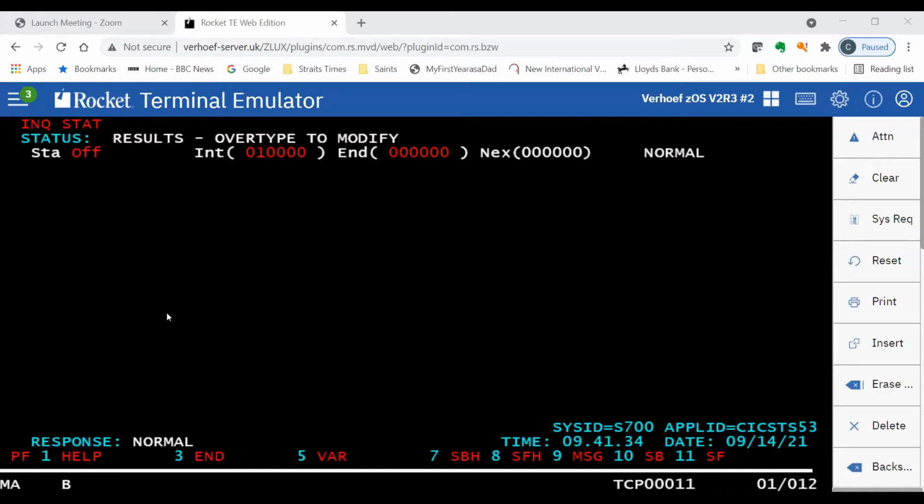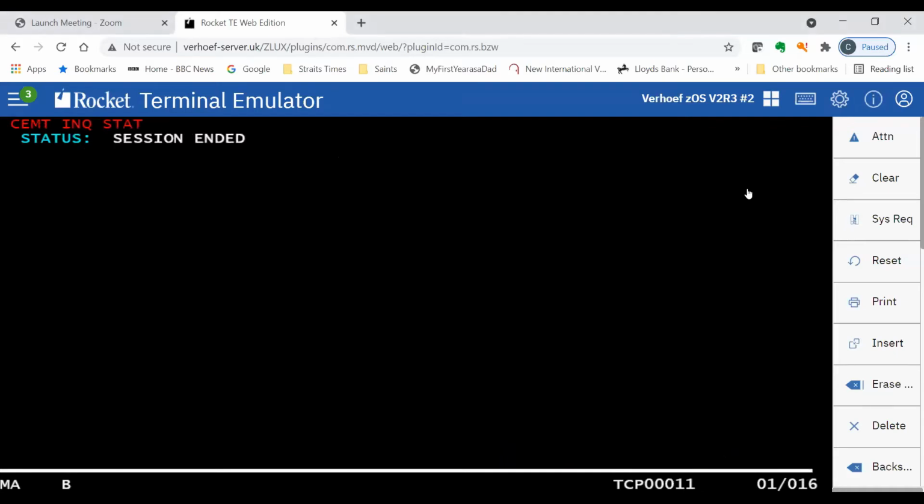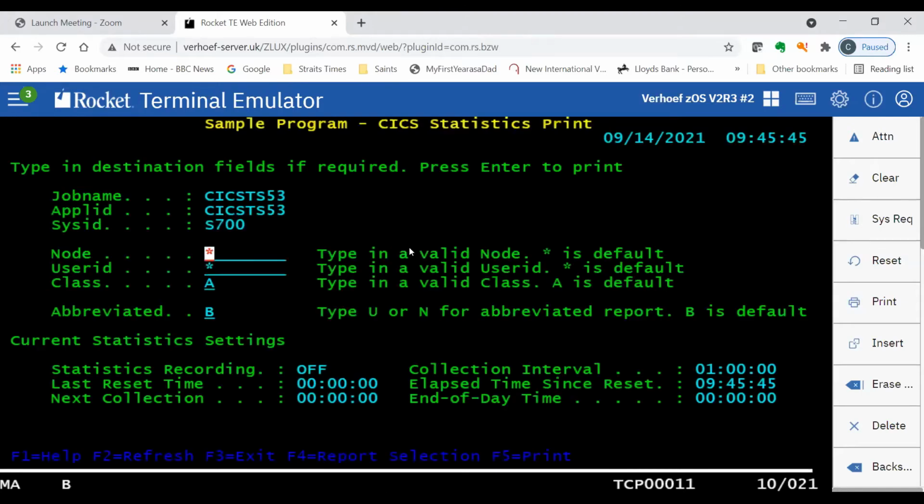Once it's off, then I can come out of here, PF3 out of there, clear the screen, and then I type in stat. All I need to do is just hit enter. And what this should do is tell me statistics print successfully completed.